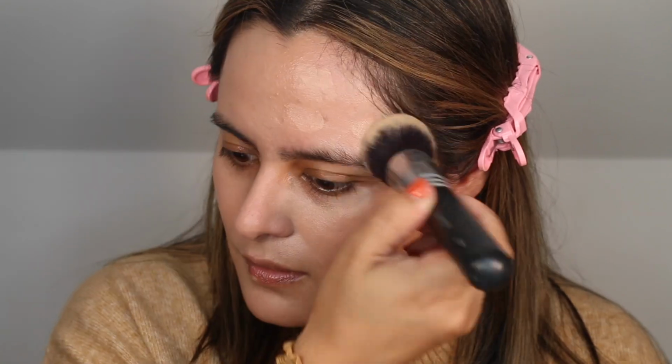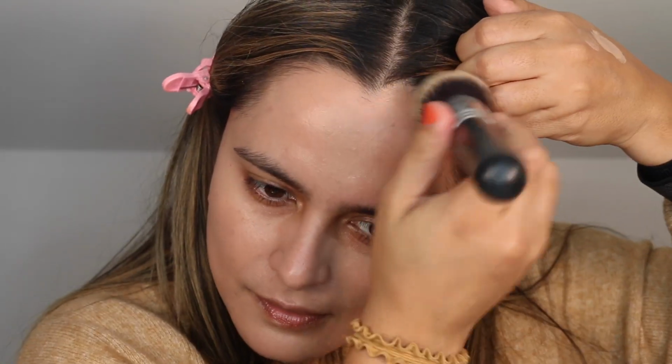This is definitely lighter than what I am used to, or have been used to recently at least. So I'll apply just a little bit more where I feel like I need more coverage. With both methods of application, I feel like you're able to build the foundation up. This one's a little bit more sheer, whereas this one is kind of better in the coverage department, but whoa,